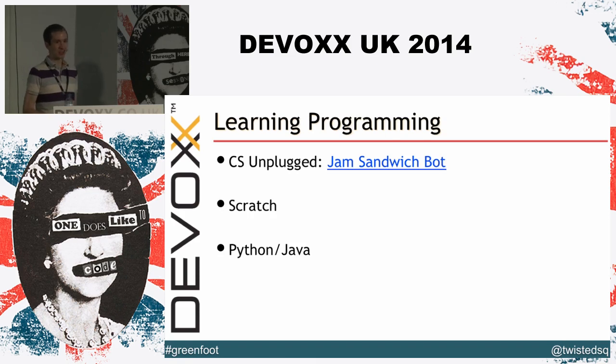So there's a variety of different things for different age groups. At the very youngest age, saying they're going to program from age 5 sounds like a very bold step. But really it's more about getting them used to the concepts. And you can do a surprising amount of computing concepts without a computer. So there's various resources around